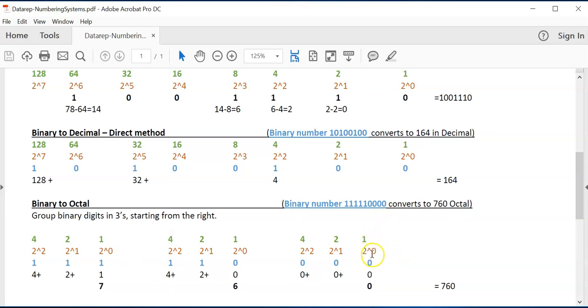So 2 to the power of 0 is 1. 2 to the power of 1 is 2. 2 to the power of 2 is 4. Stop. Start again. 2 to the 0 is 1. Double it, 2. Double it, 4. Stop. 1, 2, 4. So from now on, once you understand this, I'm going to eliminate this step where we